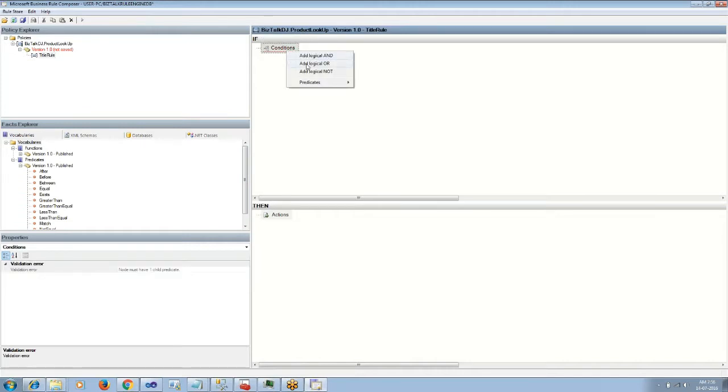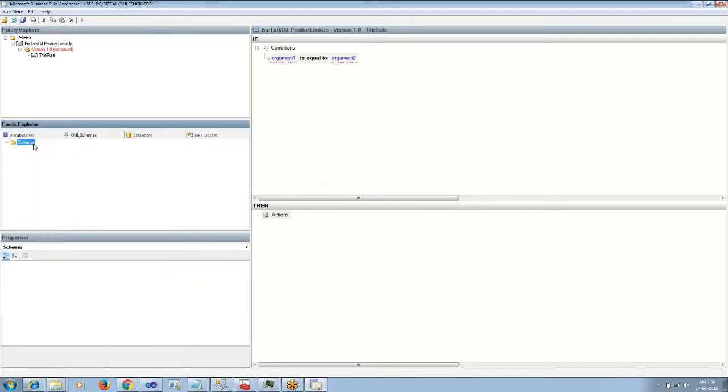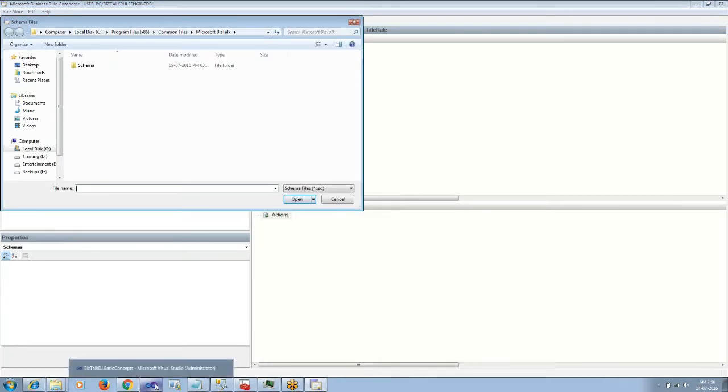So we can form and, or, logical not conditions. So let's create a simple condition with equals to. If the condition is satisfied, we will set the action on the message.